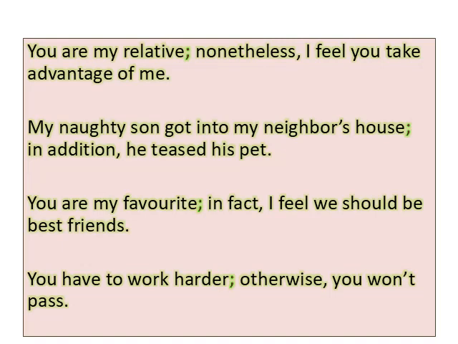My naughty son got into my neighbor's house. In addition, he teased his pet. You are my favorite. In fact, I feel we should be best friends. You have to work harder, otherwise you won't pass.